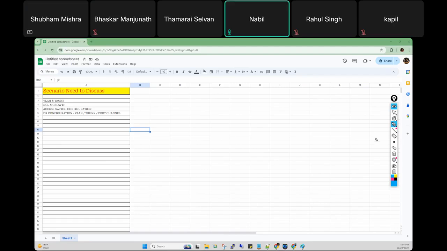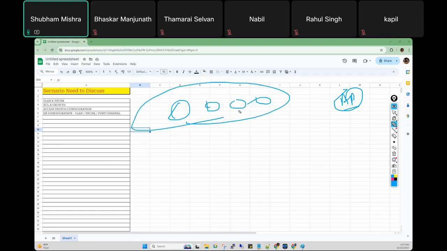Wireless APs, access points. For example, in your company, let's suppose there are 1,000 APs. It is not possible for an engineer to go to each and every AP and check it, right? So that's the reason we have a management tool. Either you can use the WLC or nowadays we are using Meraki. Yes or no?